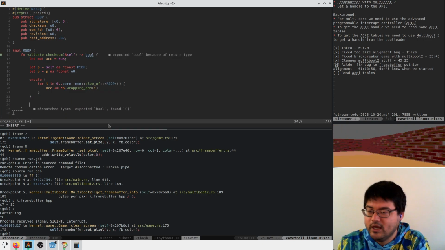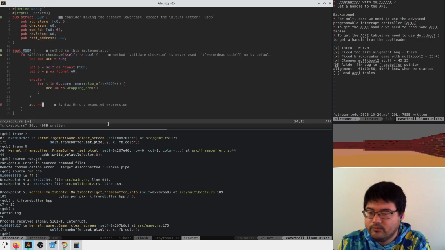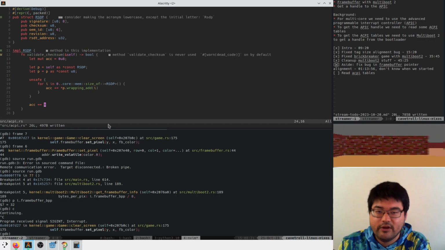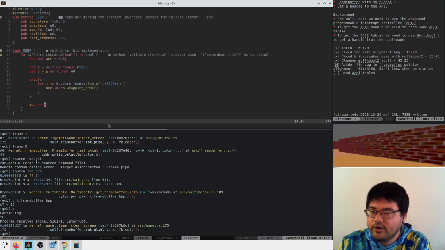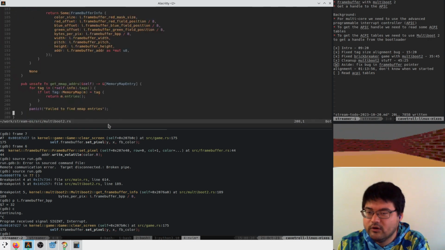And then here at the end, we can just say ac equals 0 is if the checksum is valid. So now somewhere we can say RSDP, so probably in the multiboot stuff for now.